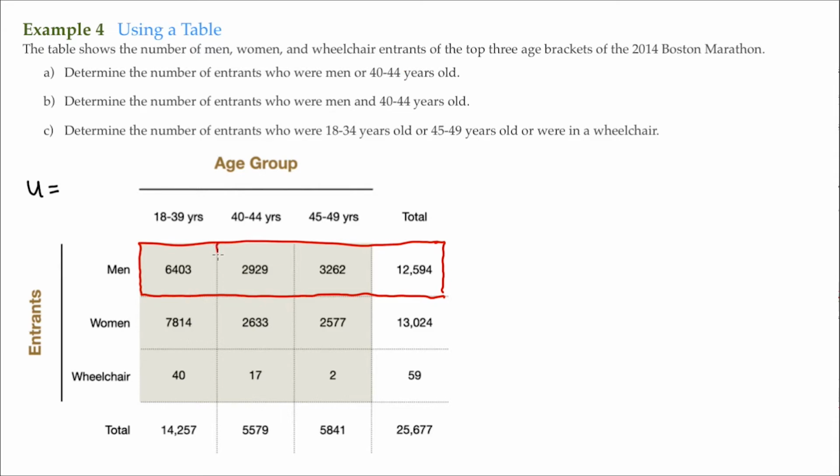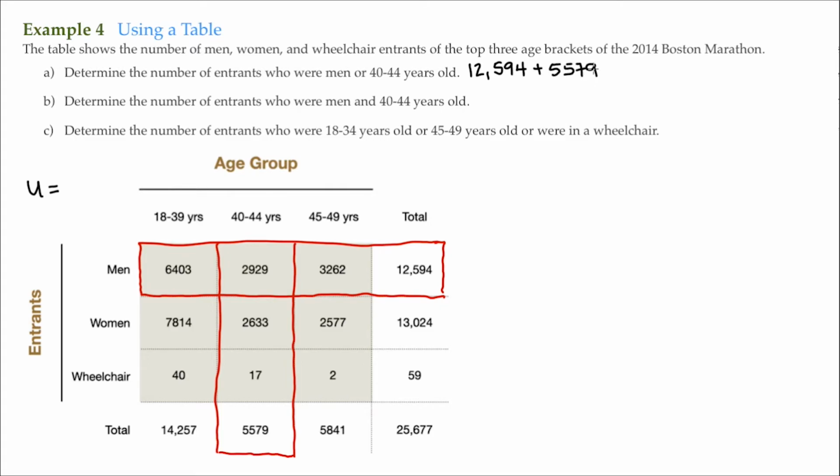That's this group here. So if I wanted to know the number of entrants who were men or 40 to 44 years old, I would just add these two together. So I'd put down 12,594, add that to the